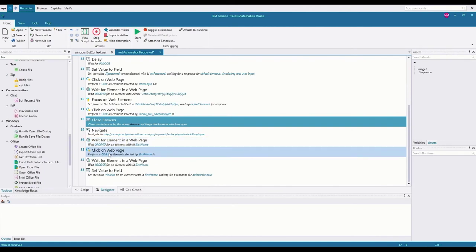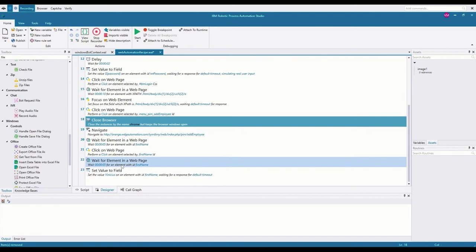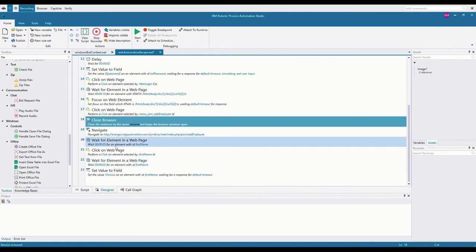Now, this is basically me clicking on the input field for the first name, and then inputting a value there. And just like I mentioned before on our first session about web automation, every single action I perform on the browser while using the web recorder is implicitly translated into commands in IBM RPA Studio,